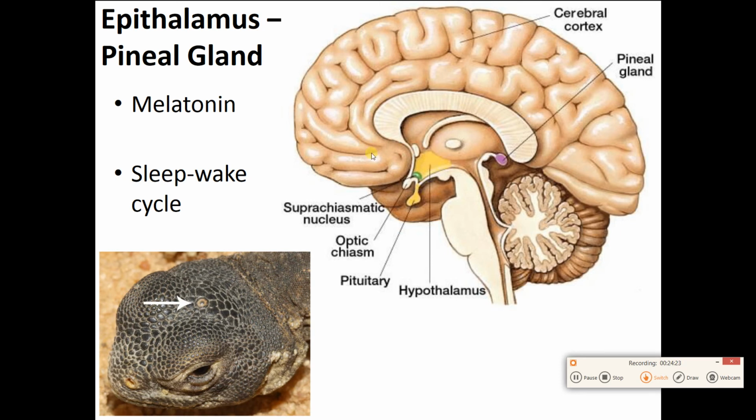The epithalamus, and the only part of it we really want to worry about is this part back here, the pineal gland, which we met in lab. The pineal gland is going to secrete melatonin. Melatonin is responsible for your sleep-wake cycle. This is why it's important not to have all those bright lights on, or to be looking at your phone right before you go to bed, because those bright lights,